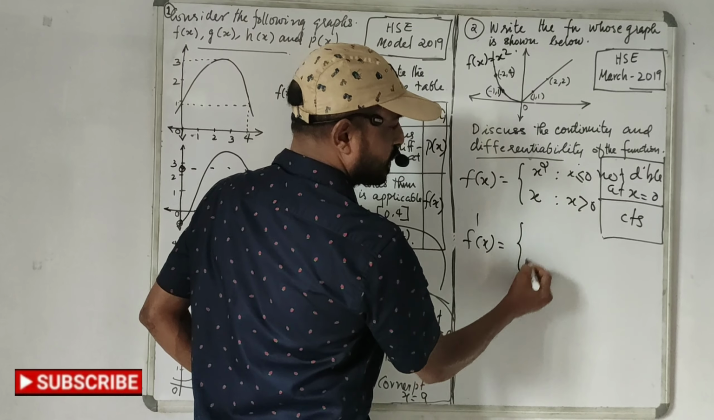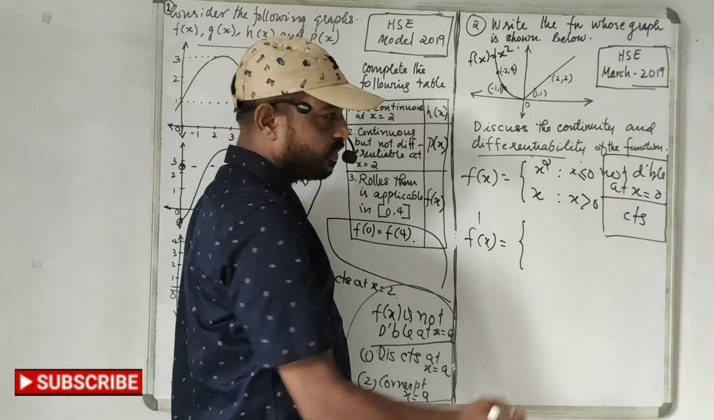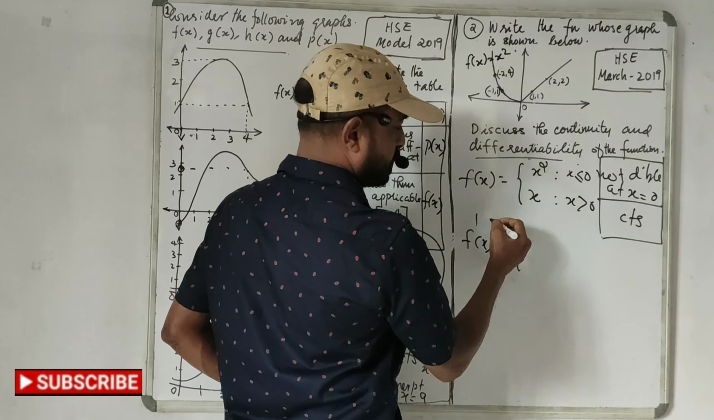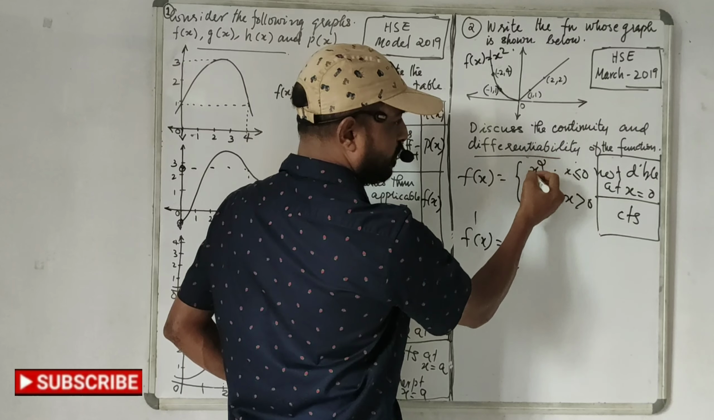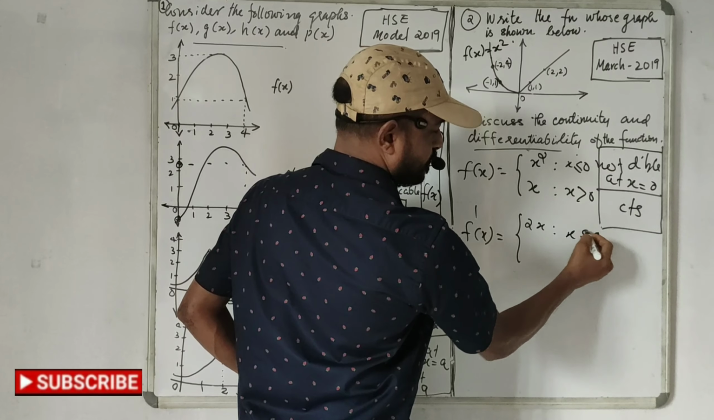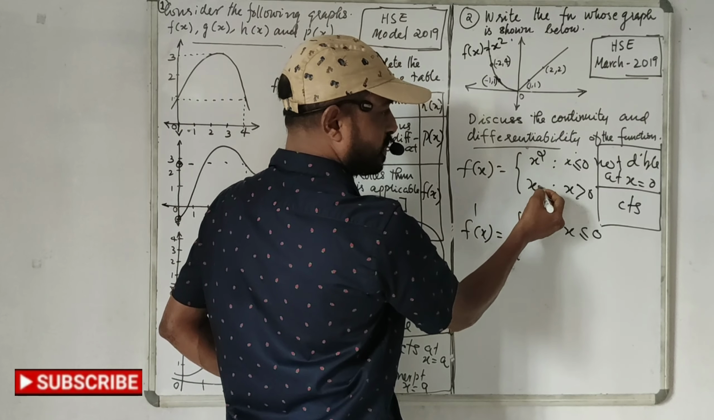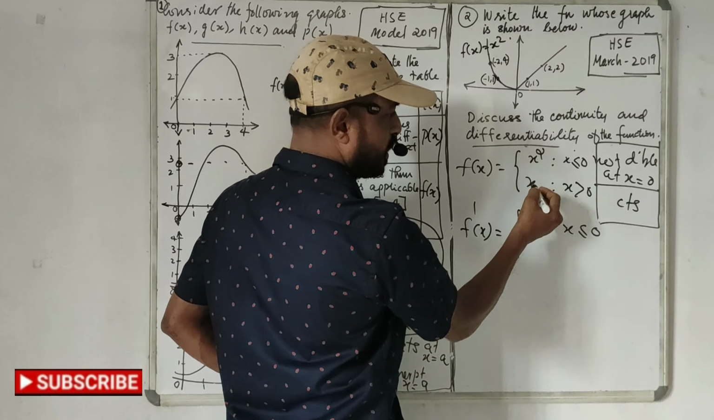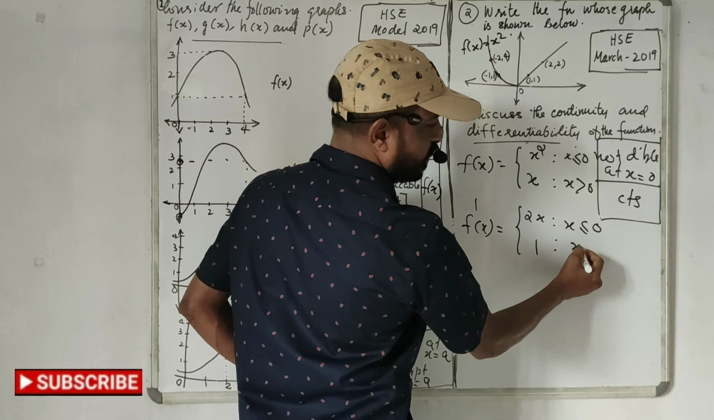We can write f dash of x directly from here. So if f of x is equal to x square, what is f dash of x? Derivative of x square, 2x. That is when x is less than or equal to 0. And if f of x is equal to x, what is f dash of x? Derivative of x, that is 1 when x is greater